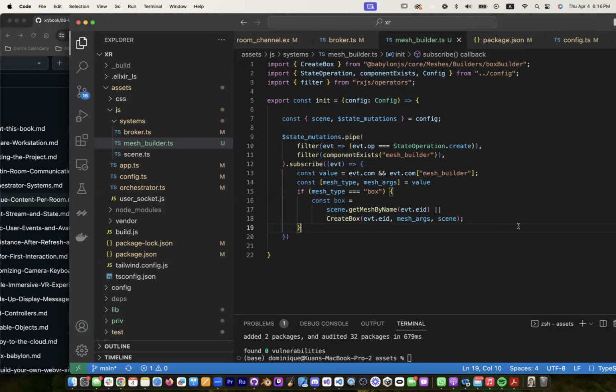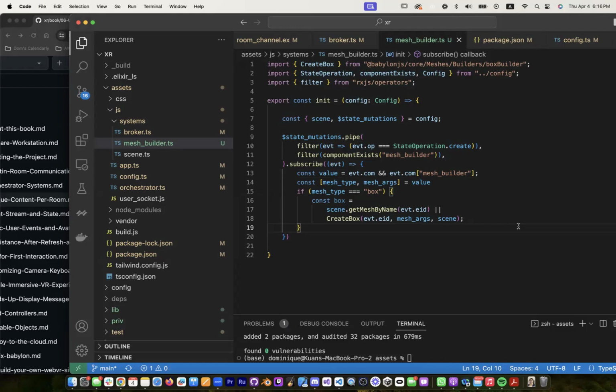So then on line 15 through 19, it says, okay, if the mesh type, we're basically destructuring that message that we got. We sent ourselves that thing from the database side. We sent it to the front, and now we're deciding what to do with it. So we're saying, okay, if we're telling ourselves we're drawing a box, then now we're going to use some Babylon.js APIs. So we're going to say, go to the scene, get a mesh by that ID. And if we find it, then that's what box is. But if we don't find it, then we're going to create the box,